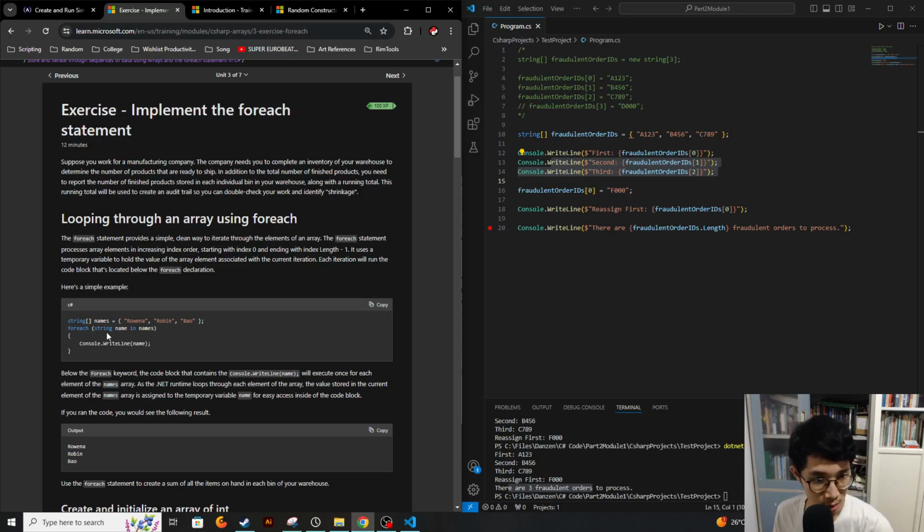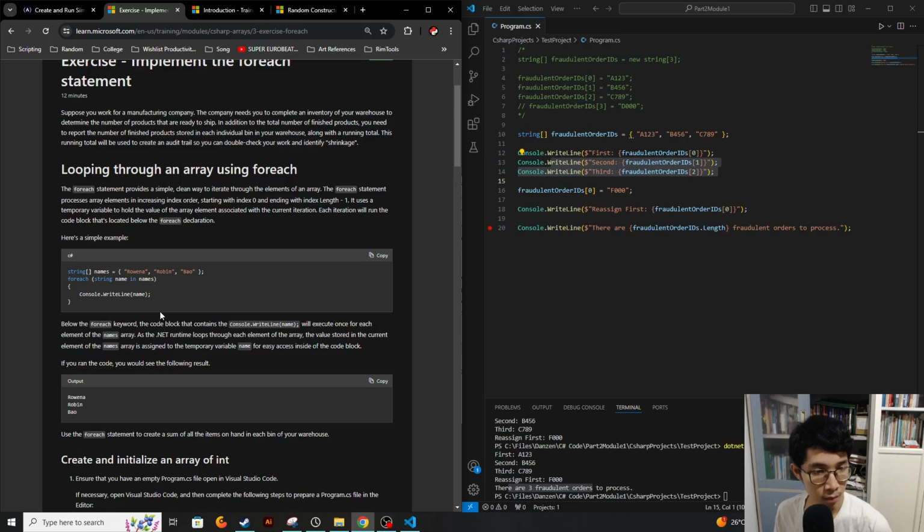What is this thing? String name in names. Below the foreach keyword, the code block that contains the Console.WriteLine name